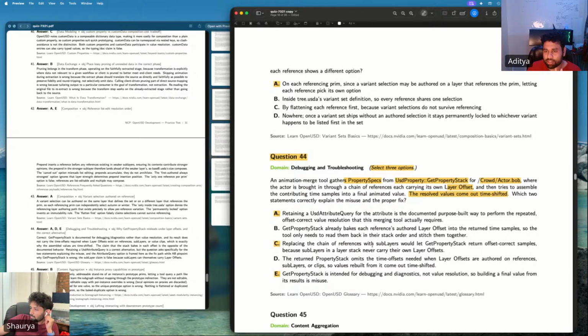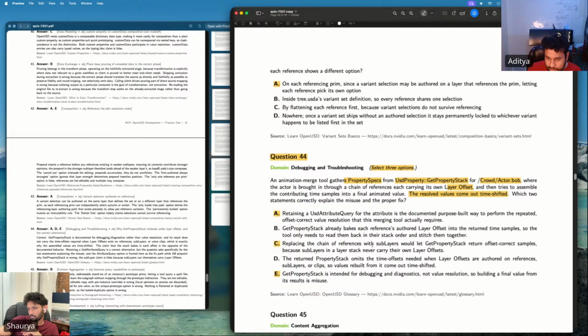An animation merge tool gathers returned property stack, which omits the time offset needed when layer offsets are authored on references, sublayers, or clips, so the value rebuilt from it comes out time shifted. The actor is brought in through a chain of references, each carrying its own layer offset, and then the tool tries to assemble the contributing time samples into a final animated value. The resolved value comes out time shifted.